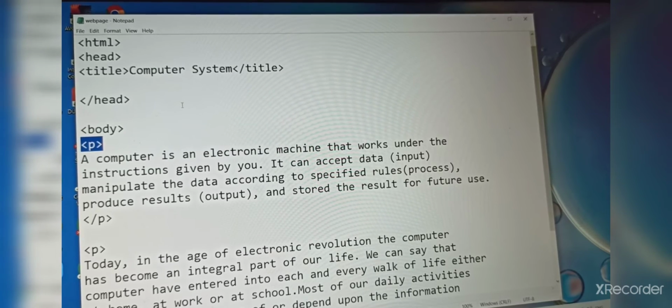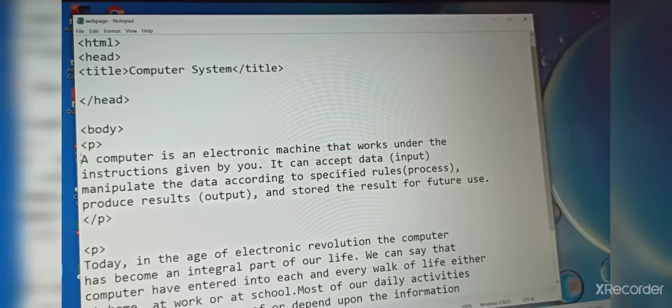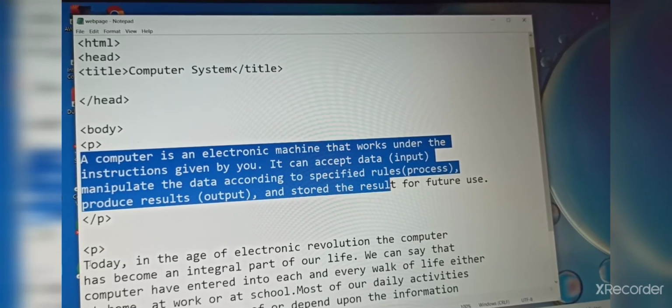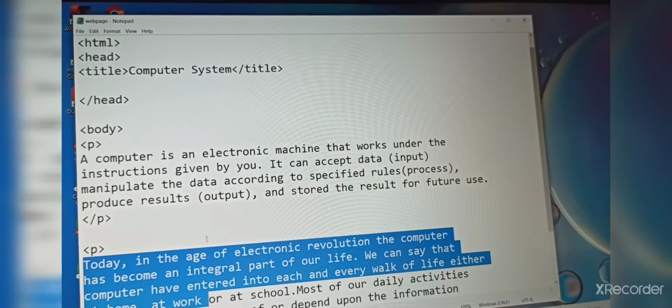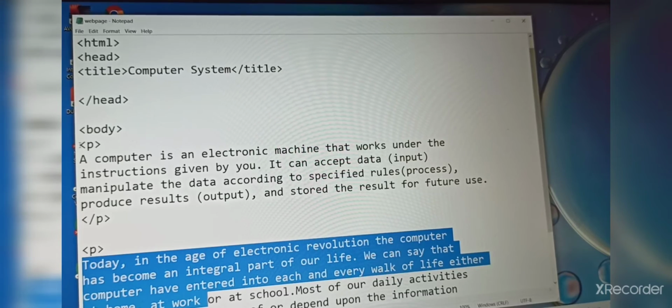Now you can see here in the body tag I have written some sentences, and here also I have written some sentences. I have made a difference between these sentences by giving them paragraphs. How did I give this paragraph?